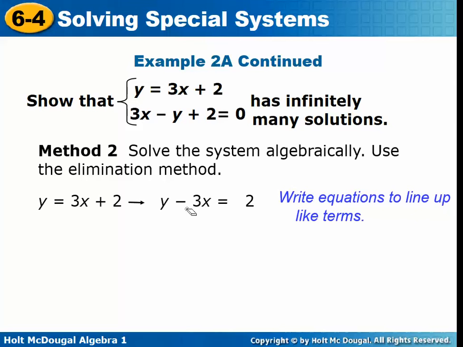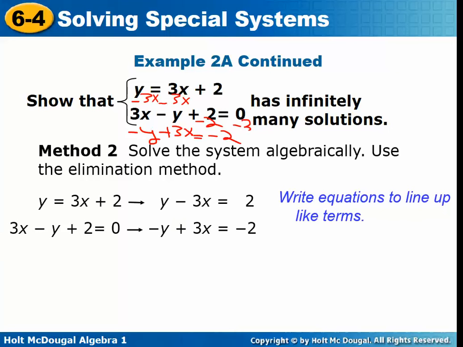So I'm going to subtract the 3x from both sides of the first equation. So then I'd have y minus 3x equals 2. And then on the second equation, I could just rewrite this as negative y plus 3x, and I'll subtract the 2 to the other side. Okay, now I've got them lined up on top of each other, and I'm ready to use elimination to add them together